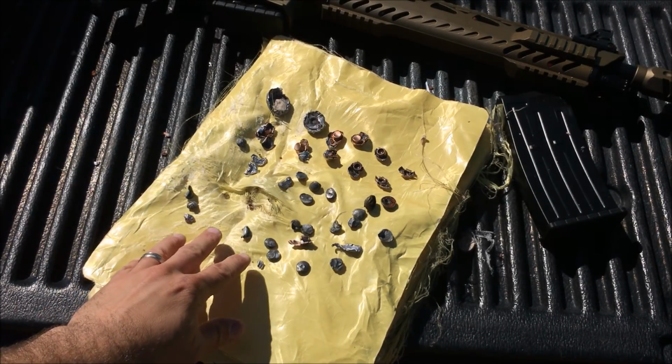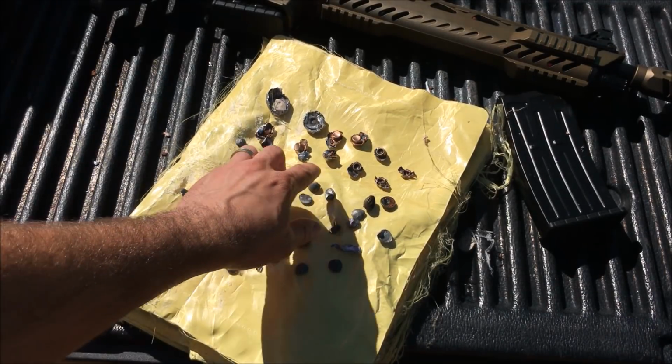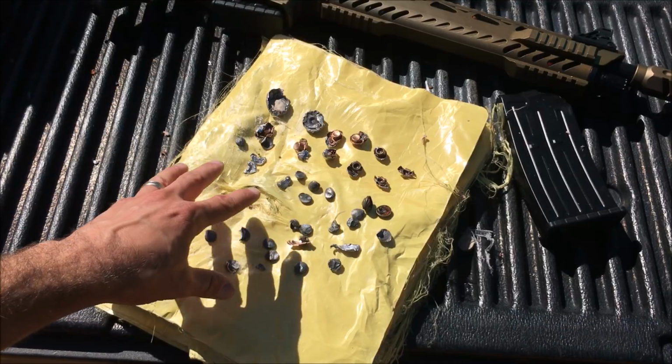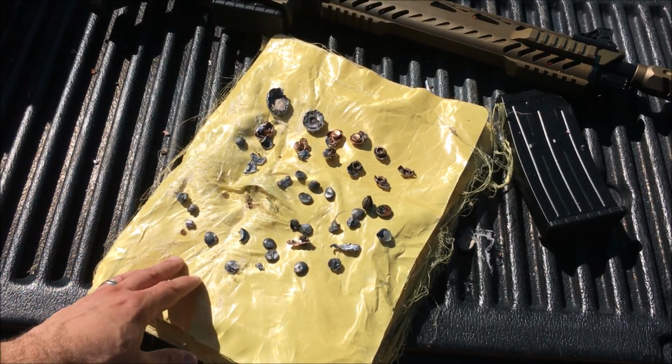So there it is, guys. About 38 independent projectiles were stopped by this, including 11 357 Magnums, I recovered all of them, and 2 huge slugs. This thing is a beast of a plate,